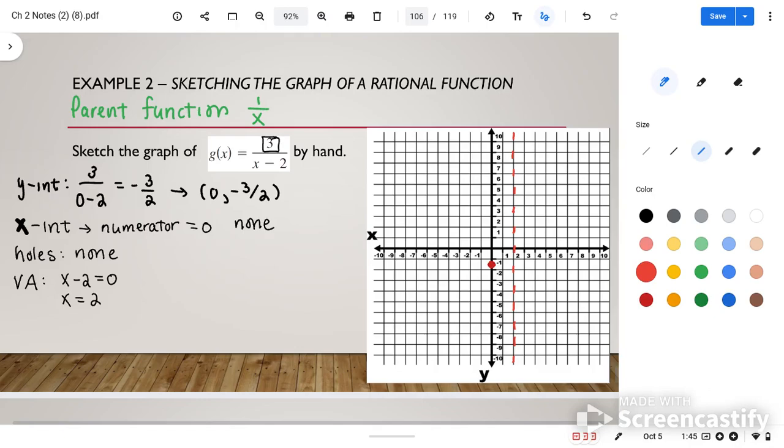And then that last thing is that end behavior. So when we're looking at those first terms, if we're comparing a 3 over x, that denominator has a higher degree. So that means that we're going to have a horizontal asymptote at y equals 0. When that denominator has the higher degree, a horizontal asymptote is at y equals 0. And so then we could graph a horizontal asymptote